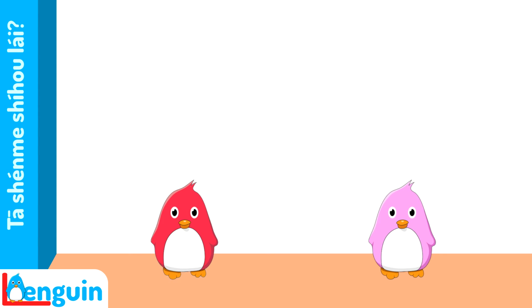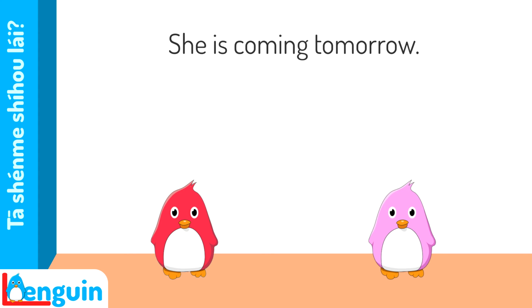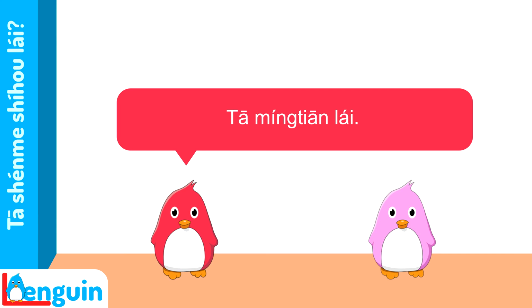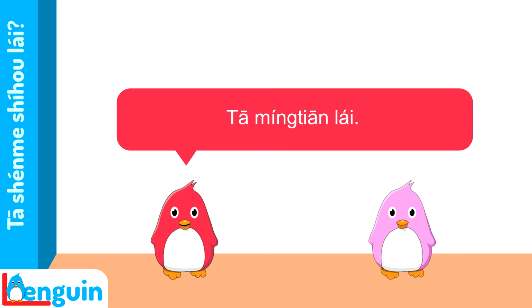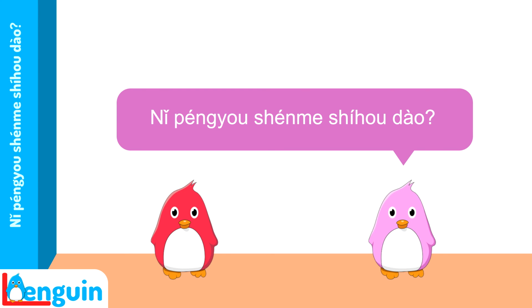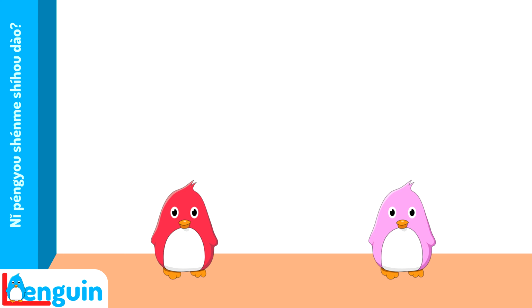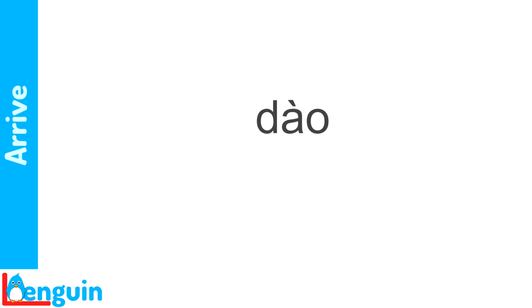Listen for when, 什么时候, and tomorrow, 明天, in this exchange about Mrs. Martin. When is she coming? 她什么时候来？ She's coming tomorrow. 她明天来。 Here it is live. 她什么时候来？ 她明天来。 Now listen as Mr. Martin is asked about a friend. When is your friend arriving? 你朋友什么时候到？ He's already arrived. 她已经到了。